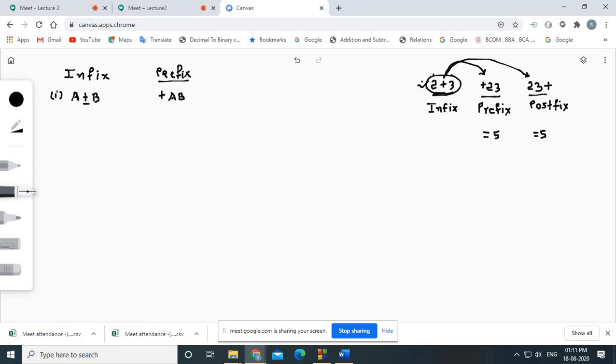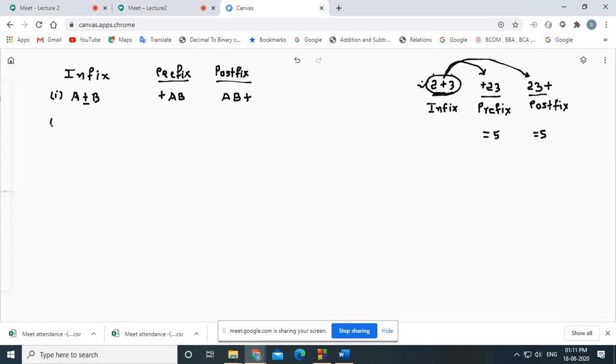Now suppose the same infix expression a plus b is given to you, and the examiner asks you to convert it into the postfix. How can we convert it into the postfix? We know that in the postfix the operator will come later on, right? First we need to write what? Operands. So here, in the postfix expression, I am writing the operands first, ab, these are the operands, and then at the last we have to write the operator. Fine. So this is the conversion of infix expression into the prefix as well as into the postfix.